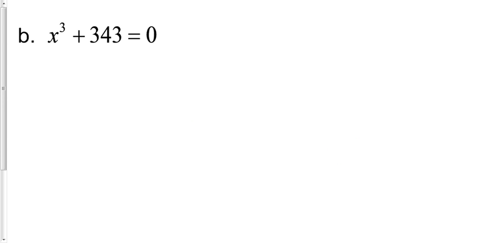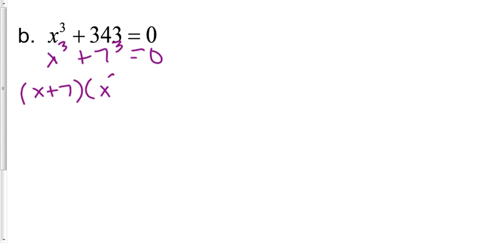We've got x cubed plus 343 equals 0. Now, 343, I want to make sure that it's a perfect cube, because if it is, I've got the sum of 2 cubes and I can factor it. 343 happens to be 7 to the third power. So what I have here is x to the third plus 7 to the third equals 0. Well, follow your formula now for the sum of 2 cubes. It factors like this: x plus 7 times x squared minus 7x plus 49